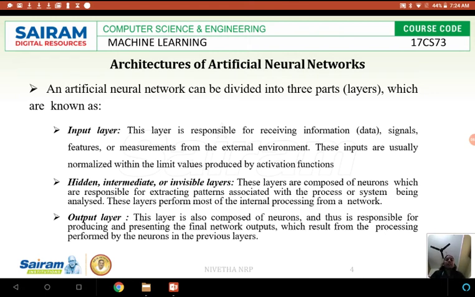The other name for the hidden layer is intermediate layer or invisible layer. Here the convolution function takes place on the output obtained from the previous layer. We apply a few mathematical concepts for convoluting it, and usually this is done through algorithms. We have several algorithms to carry out this task, and we implement the algorithm to convolute it, and finally we reach the output.